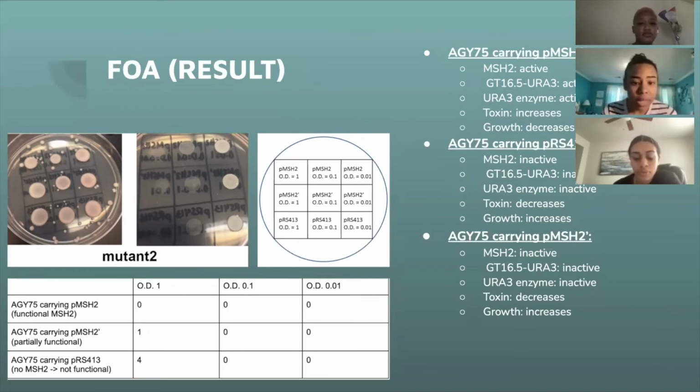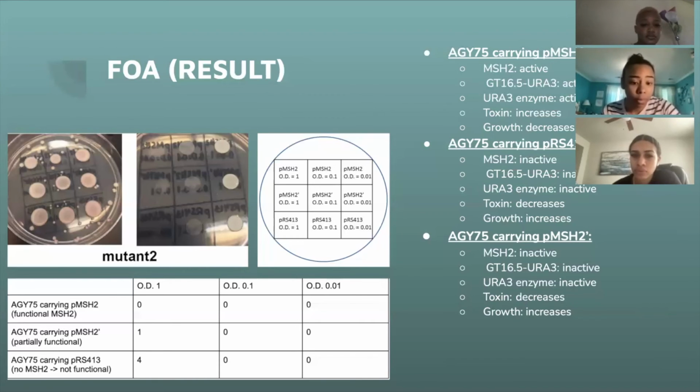In the AGY75 that carried the original plasmid of MSH2, there was no growth. The reason for that is because PMSH2 has active MSH2, and that active MSH2 will decrease frame shift mutation, which will activate the GT16.5 URA3, which will thus activate the enzyme that it encodes. And so this on FOA media will produce a certain toxin that can decrease the growth of the yeast. So you can see that in all of the columns for PMSH2, there are no bubbles